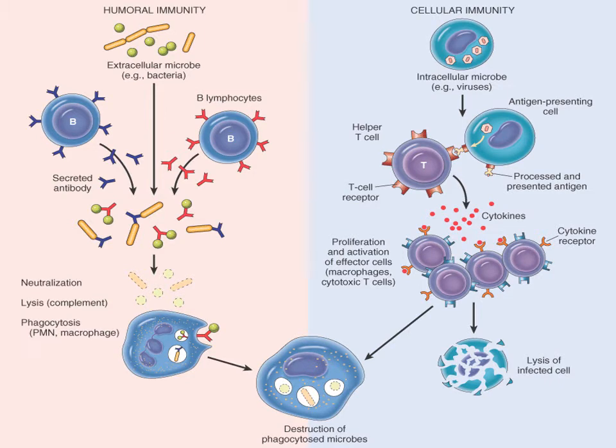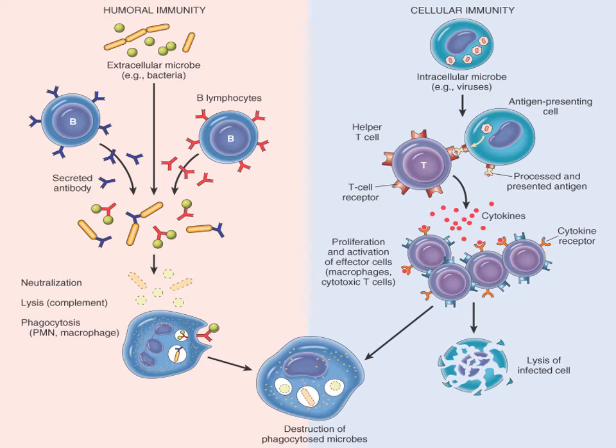Now this summarizes what we had discussed before. This flowchart shows the difference between humoral immunity and cellular immunity. In humoral immunity, when extracellular microbes or bacteria enter our body, B lymphocytes come into play, and these B lymphocytes have immunoglobulins attached to their surface. They secrete those antibodies into the circulation through the formation of plasma proteins, and those plasma proteins release specific antibodies into